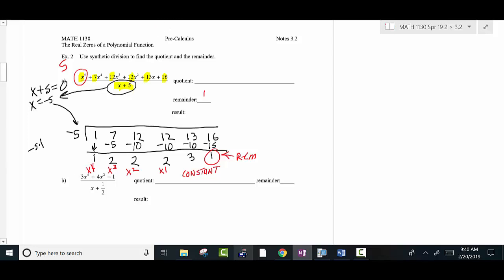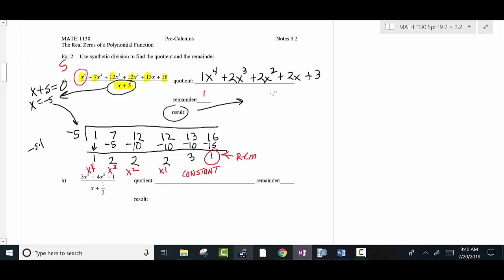So the quotient is these numbers right here. It would be 1x to the 4th plus 2x to the 3rd, and then plus 2x to the 2nd, plus 2x. The 3 is a constant. That is your quotient right there. The 1 is a remainder like that. Okay? And then when you write the result